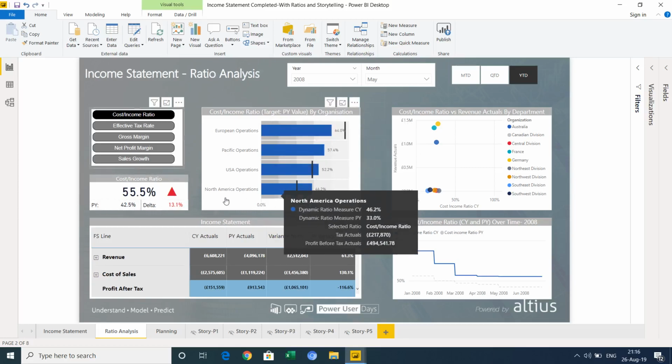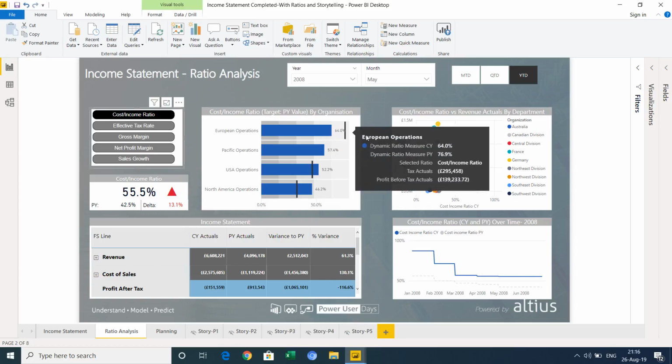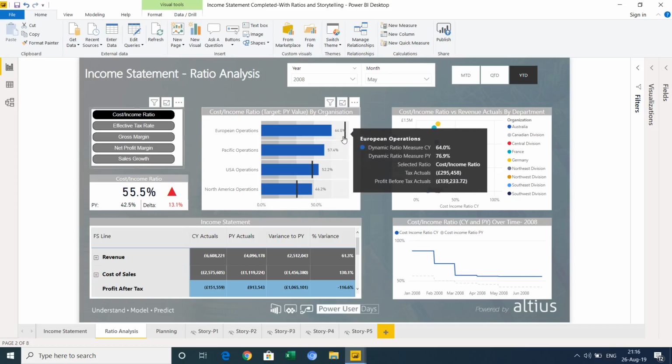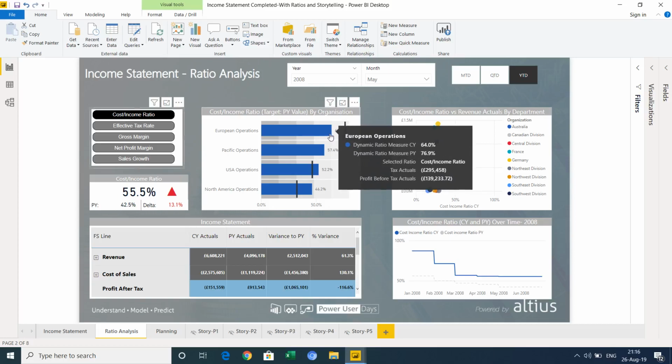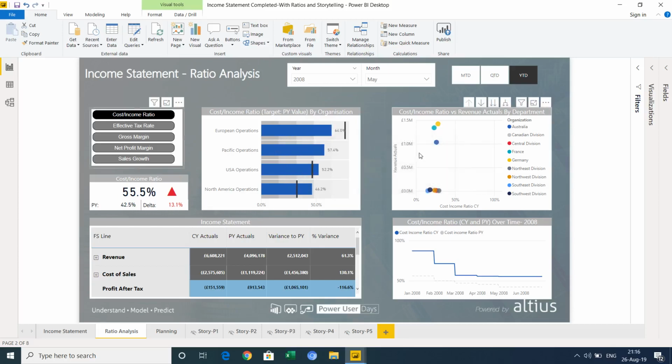And then we can see a breakdown by region, but we've also got that prior year value as context. So again, we can see Europe has the highest cost income ratio, but how does that compare to what that change has been? So actually, the cost income ratio has decreased over time in Europe. Or we can see that kind of breakdown with there. We've then got scatter plots to show at a level down below from region, where we can actually look at individual countries or divisions. So now we can start to see some detailed points and start to see outliers.